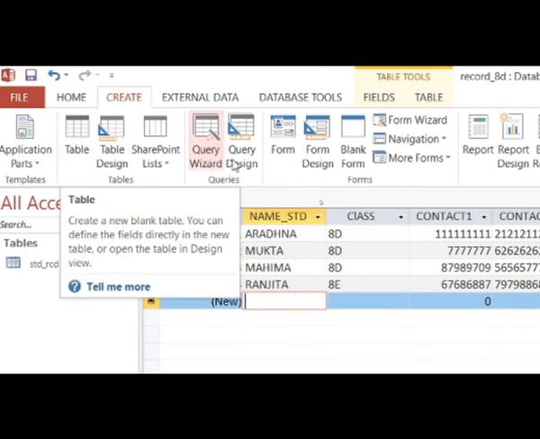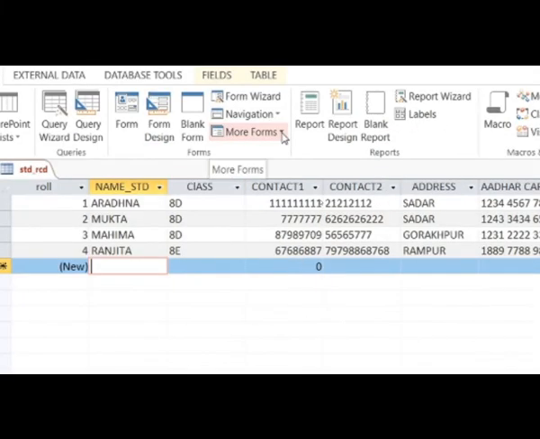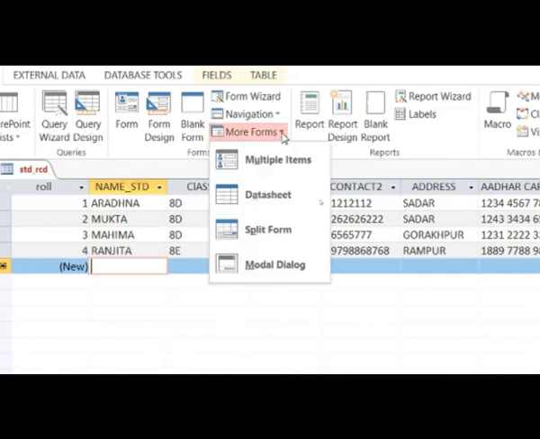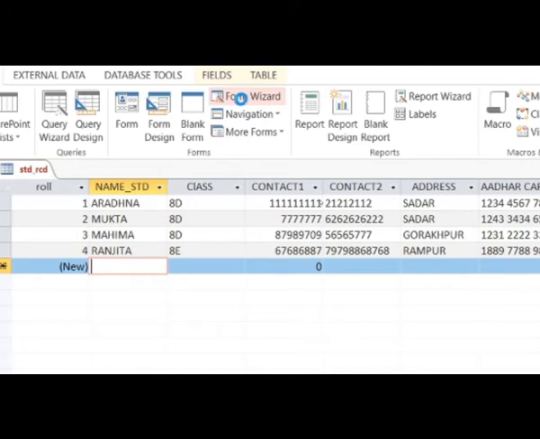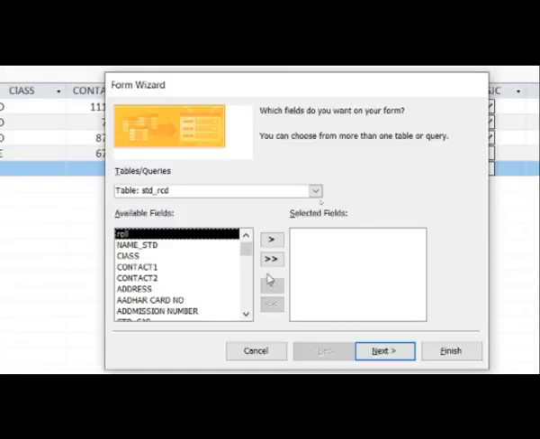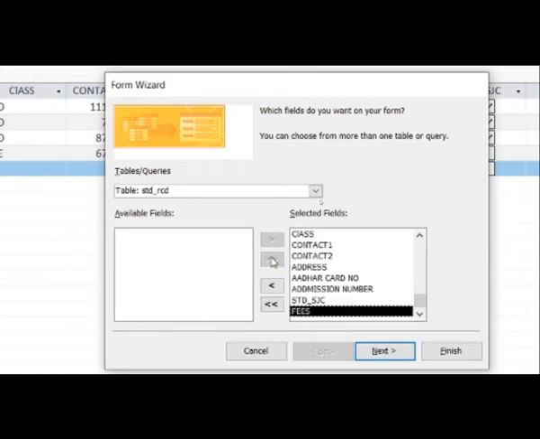For this, you click on the create tab and from there you move to the forms group. You have many types of form options, but you will click on form wizard. When you click on form wizard, a window will appear with all the field names which you have taken. If in one go you want to take all the field names, you will select the double headed arrow moving in the forward direction.